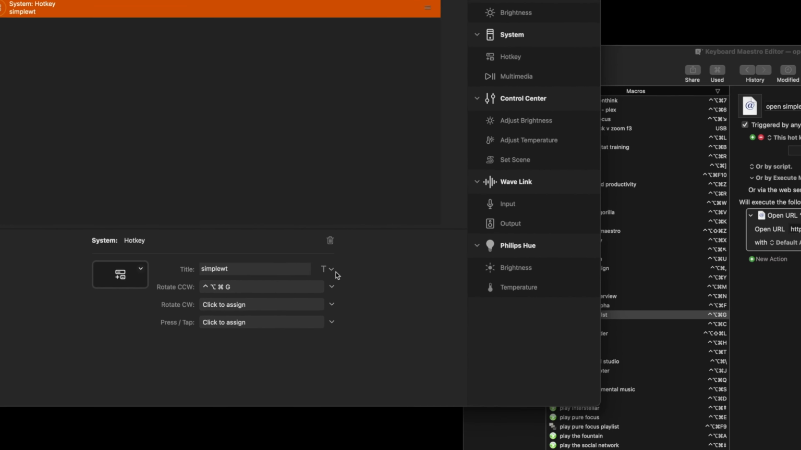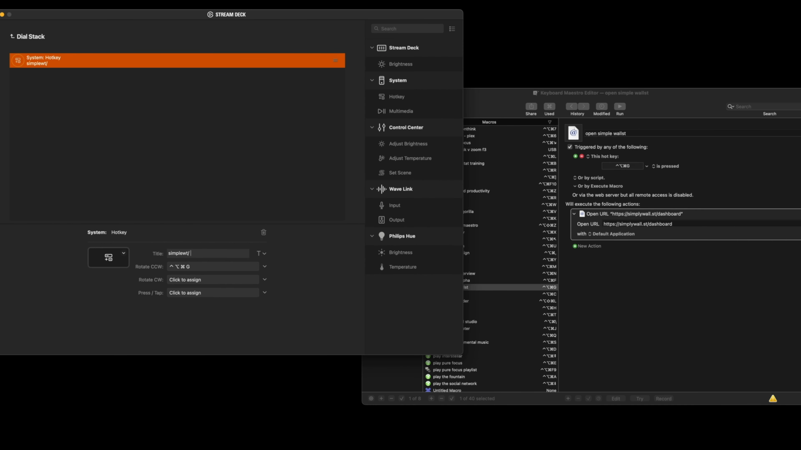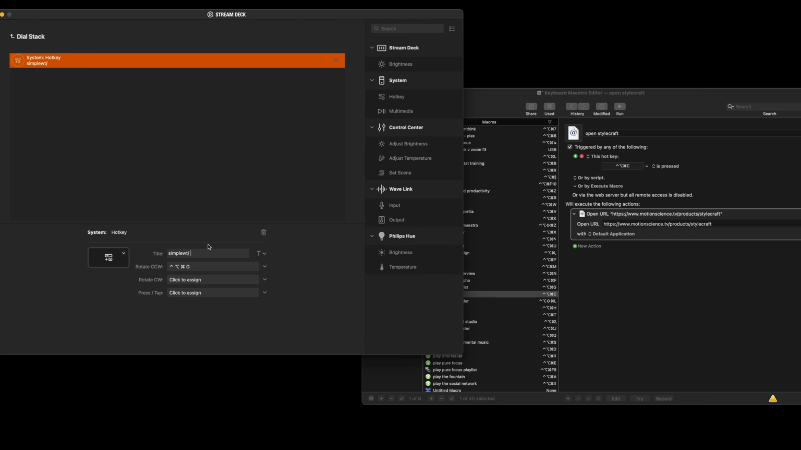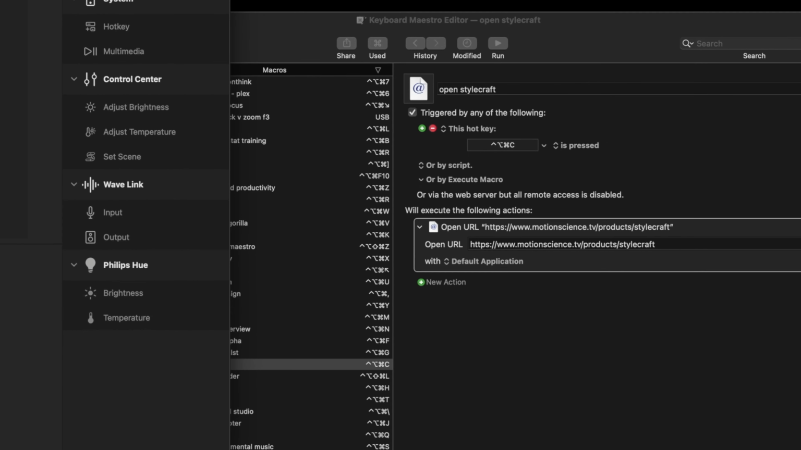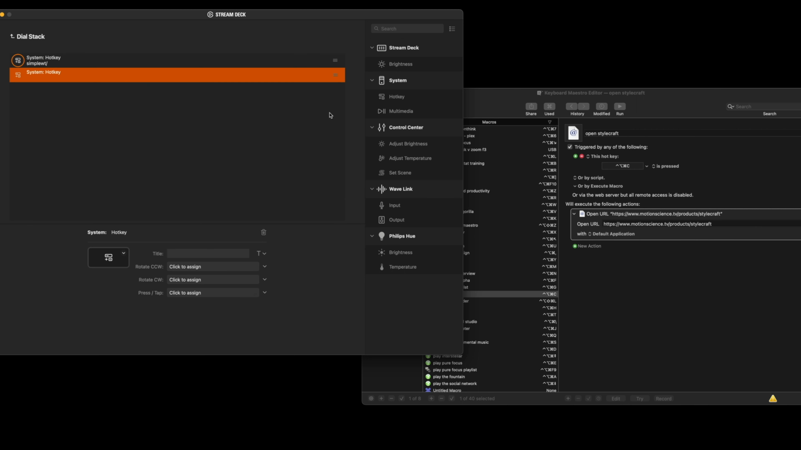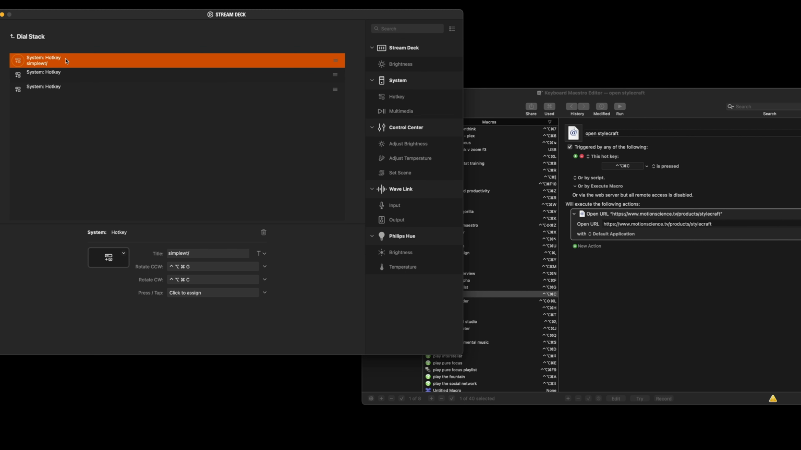SWT, and then I could put a slash, and for whatever second option I have rotating to the right, let's say here, let's open up Stylecraft. So that's another training website, and as you can see here, it has a hotkey like this. So what I would do is that, and then I want to keep this press tab blank, and that way I can create a bunch of stacks of different hotkeys. I'll just finish this and put Stylecraft here,